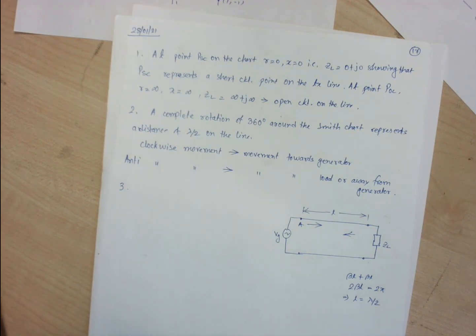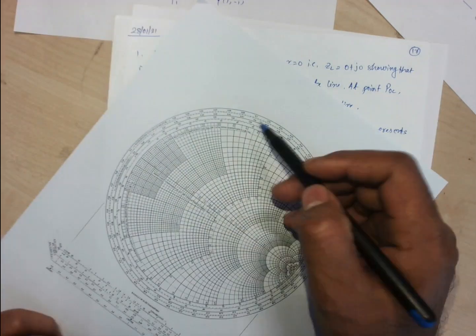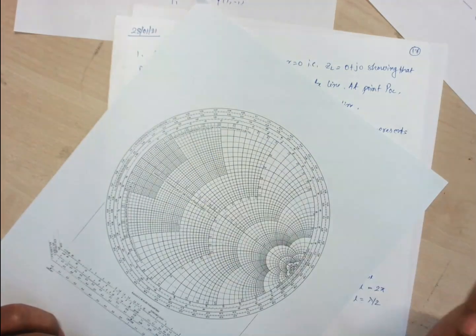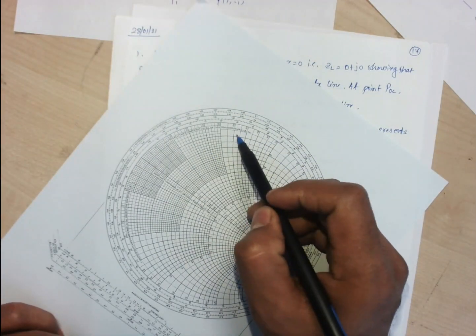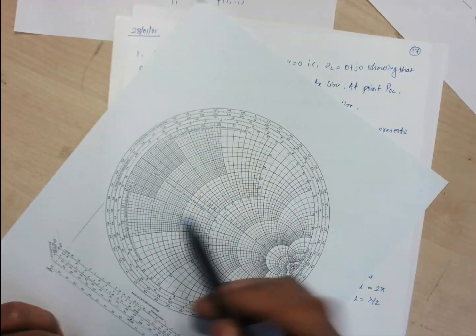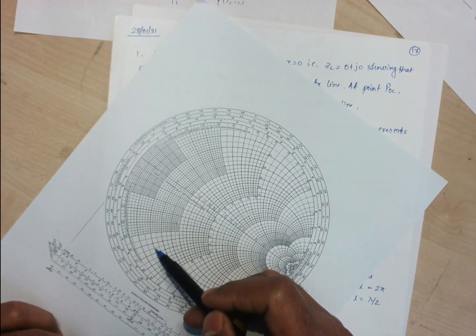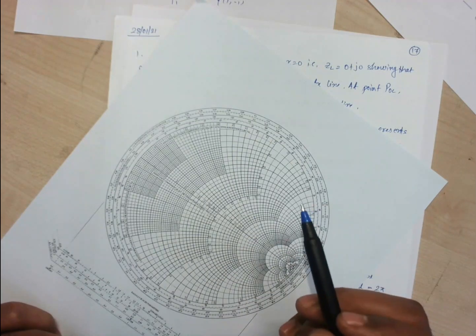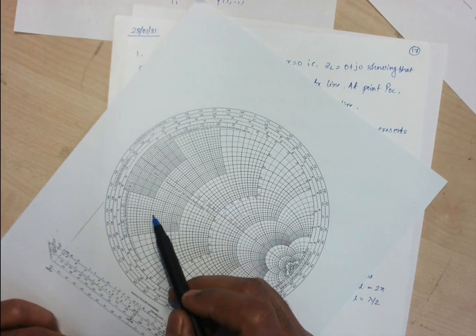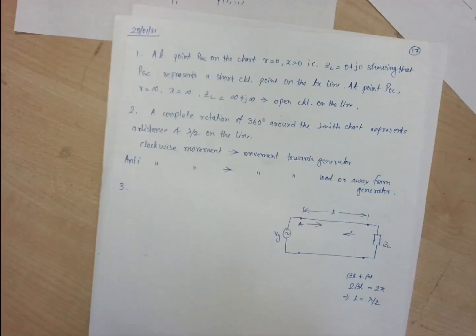As I said, the Smith chart is both an impedance chart as well as an admittance chart. By taking the inverse of the reactance, we can have the susceptance. So we can take it as Z as well as Y. If this upward is for the impedance, inductive impedance, it will become capacitive susceptance for the admittance. Same, if it is capacitive reactance for the impedance chart, that will become inductive susceptance for the admittance, like this.